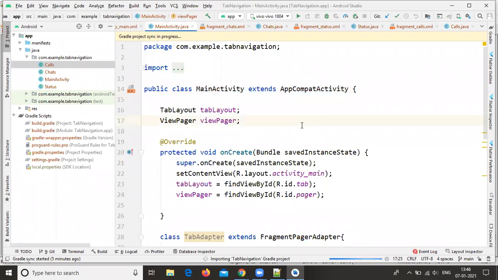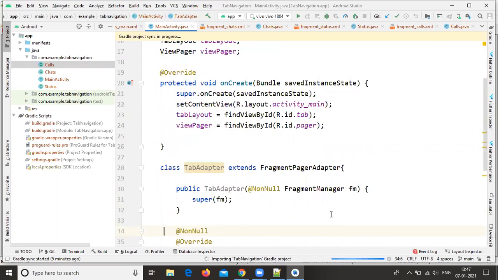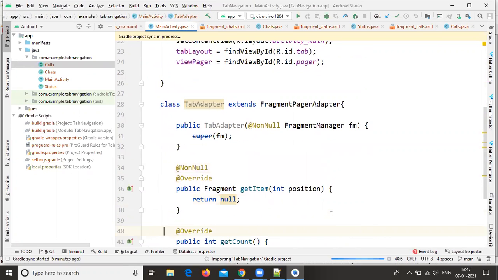I think from your end it is completed, but from my end it takes a lot of time.